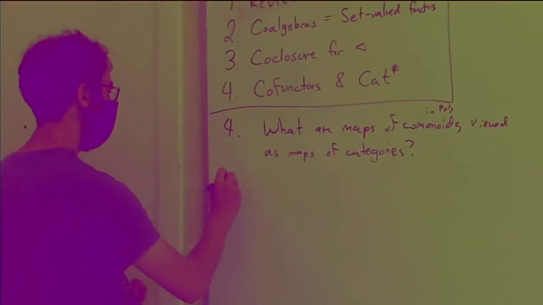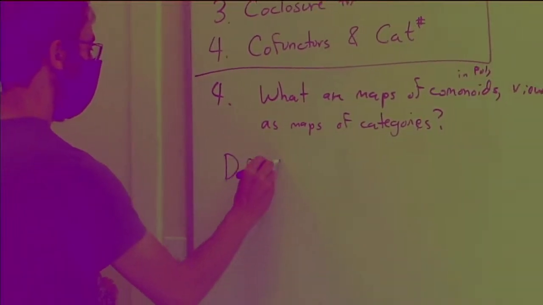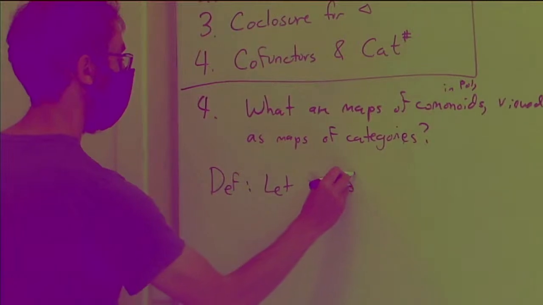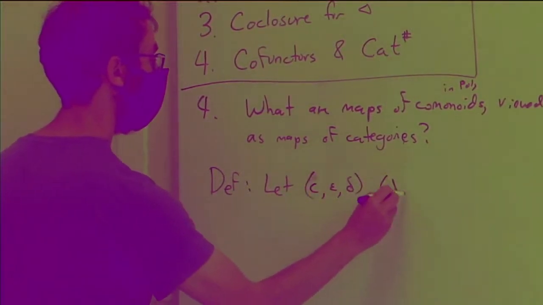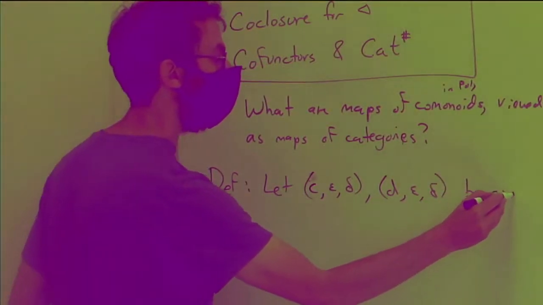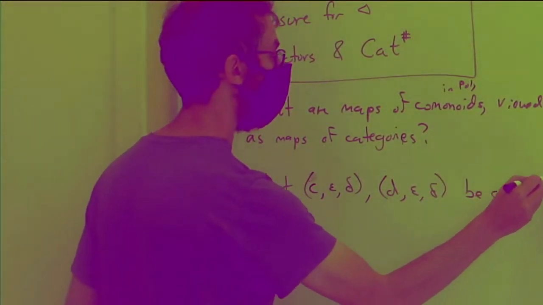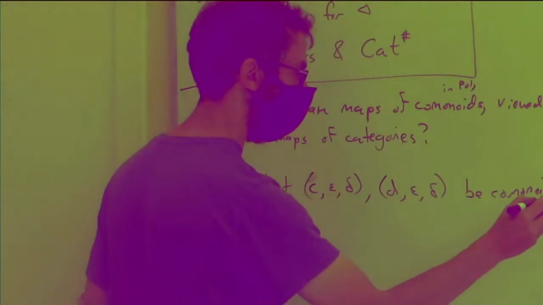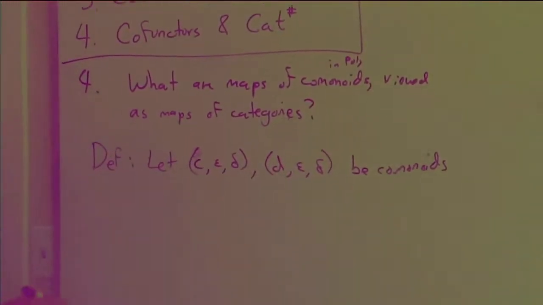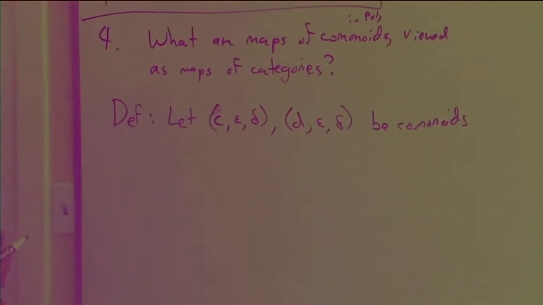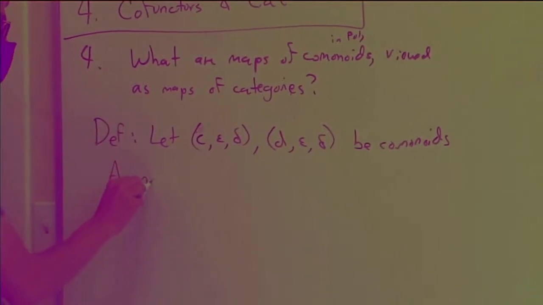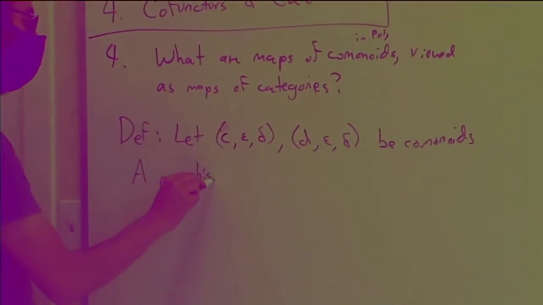So a map of comonoids, definition: let C and D be comonoids in Poly, or in any monoidal category. I'm using the same notation for C's epsilon and D's epsilon, and C's delta and D's delta. Hopefully that won't be confusing. A morphism between them